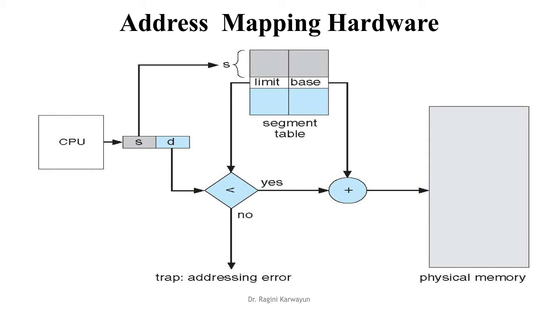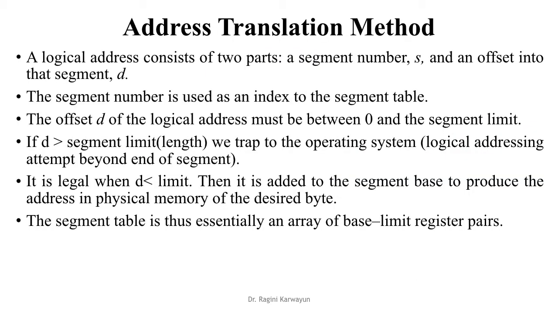accessed word. Now suppose that particular segment starts from 120, so the address 0 of this segment will be at physical address 120, segment word 1 will be at 121, and so on. So whatever offset value is issued is added to the base value to read the respective word. So this is just a description of whatever we have discussed in the previous slide.